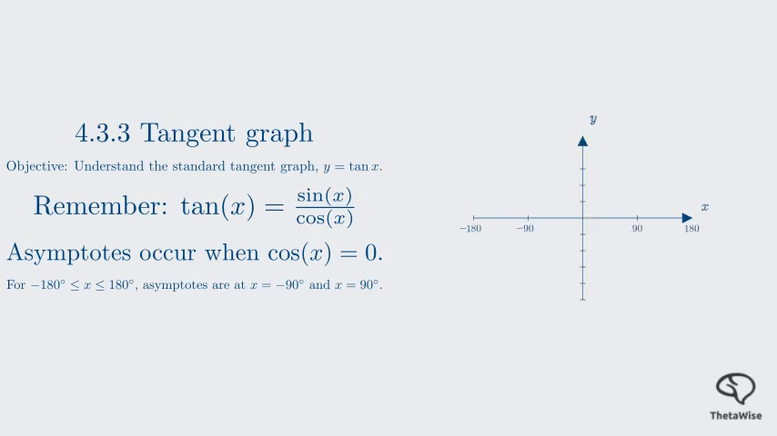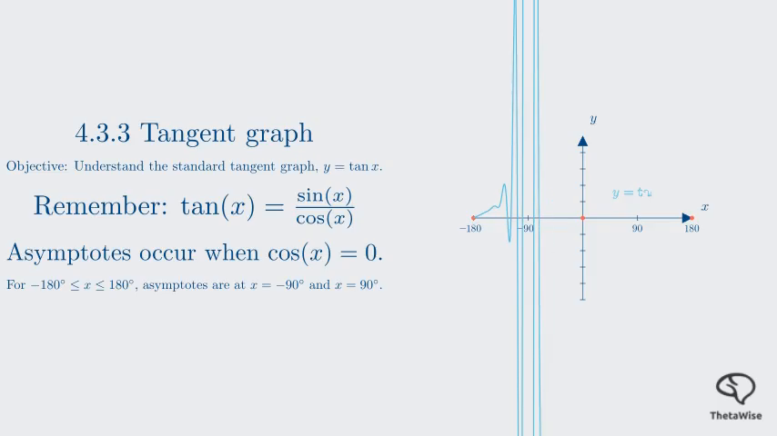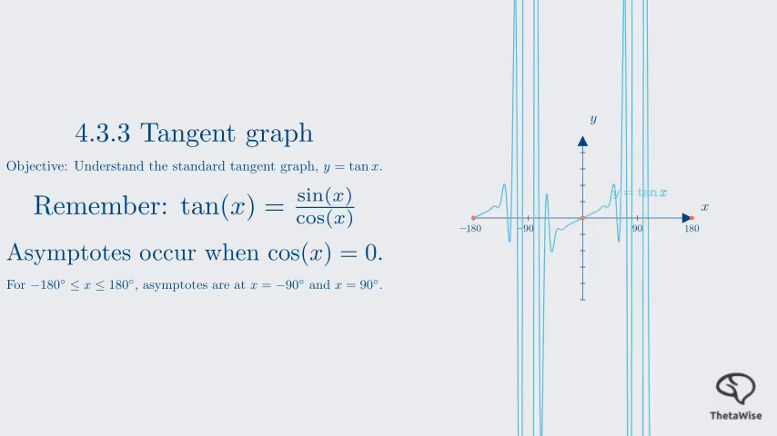Let's draw our axes. We mark the asymptotes as vertical dotted lines at negative 90 degrees and 90 degrees. We also mark key points. Tangent of negative 180 is 0. Tangent of 0 is 0. Tangent of 180 is 0. These are the x-intercepts. Now we sketch the curves. Each branch of the tangent graph originates from negative infinity, passes through an x-intercept, and goes towards positive infinity, approaching